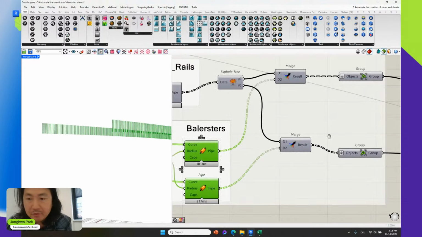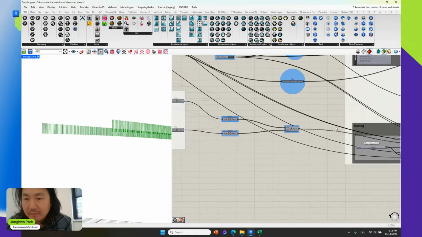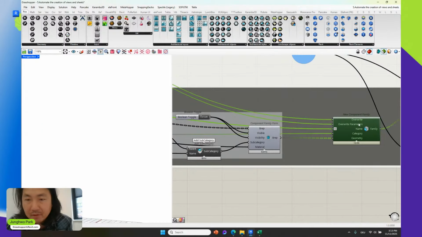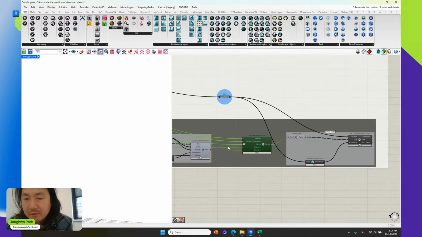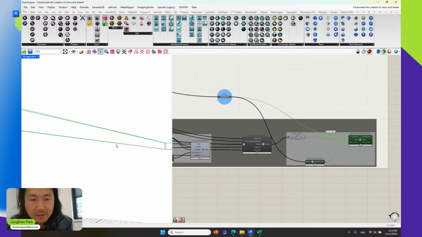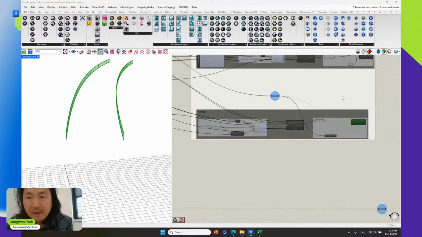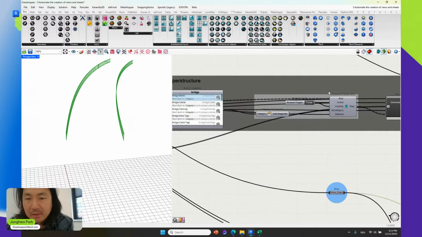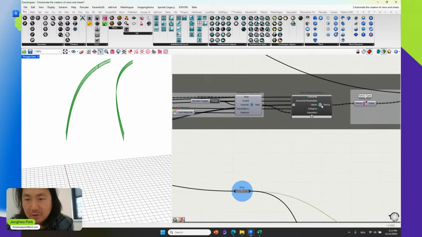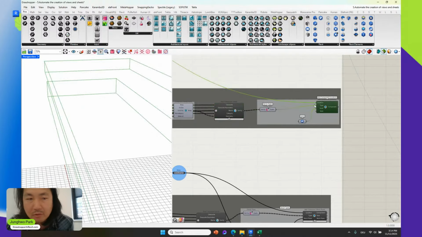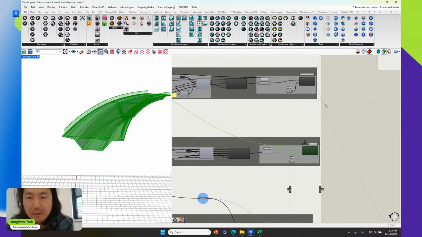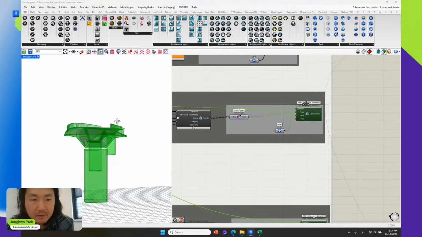And I would like to generate them as a railing component, but this time as a loadable family. So this is another family we're generating into Revit. And those piers and the bridge components like the superstructure are also created as families and then loaded into the project. So at the end, your result, what you get in Revit, you have